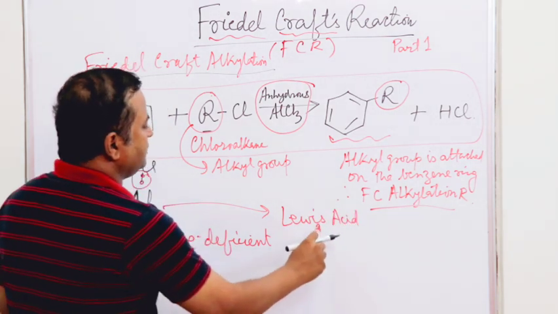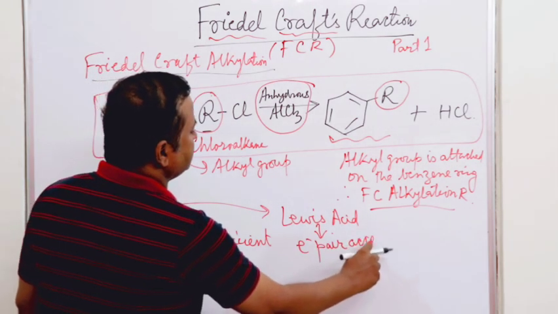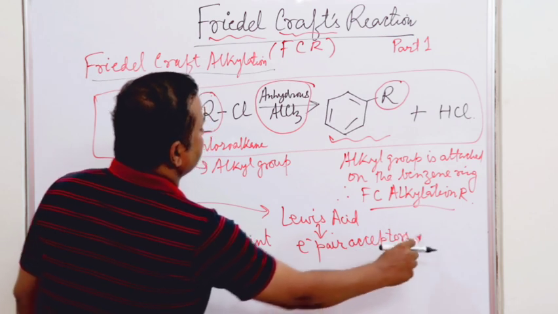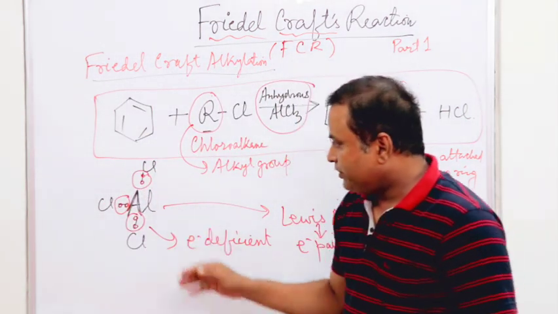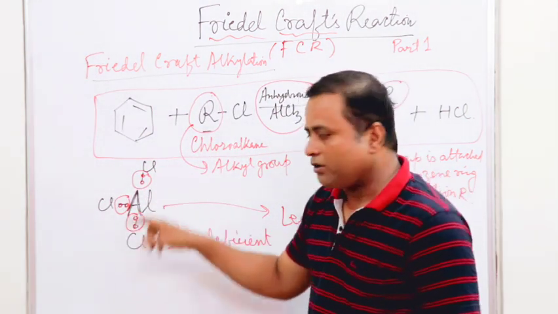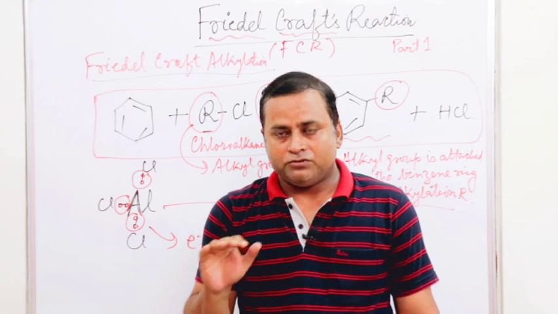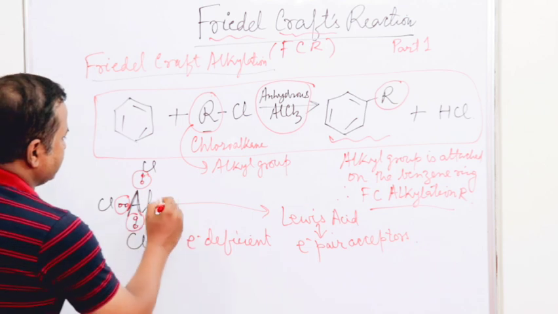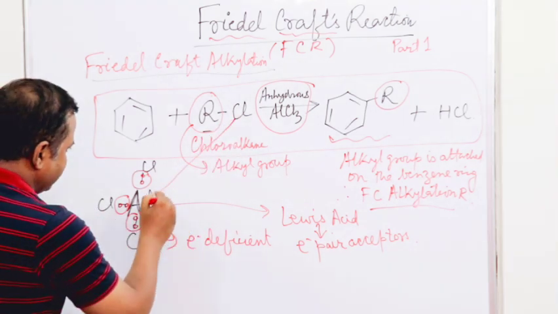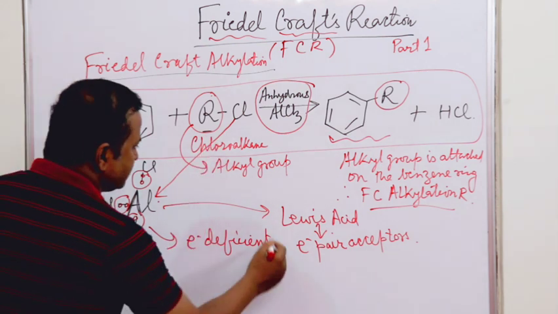What are Lewis acids? Lewis acids are electron pair acceptors. Please remember. So what would aluminium want? It would want to get octet configuration. Around aluminium there are 6 electrons, but for stability you know that an atom should have 8 electrons around it. So to get stability, this aluminium abstracts the chlorine atom, and in the reaction generates